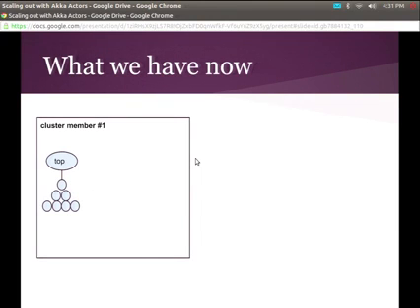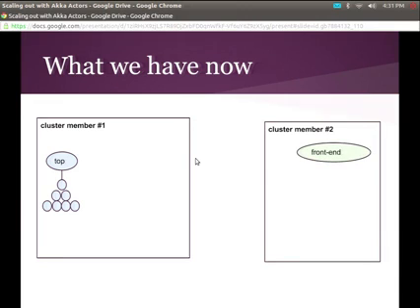So here's an example of what we have now. We have our search tree, the scatter gather. We added a new top actor above it. I start a new cluster member number 2 with a new front end. After he joins the cluster, after cluster consolidation is done, he sends a member up notification, which ends up going to that top actor, because he's a listener, as a message. And then, oh, sorry, skipped. After that,